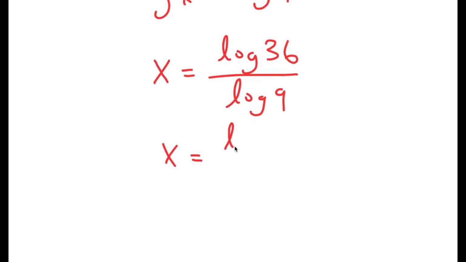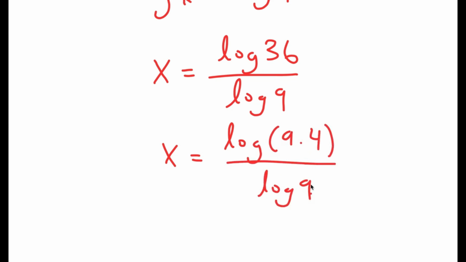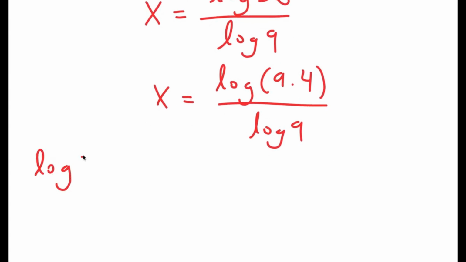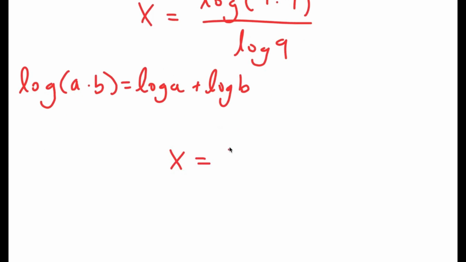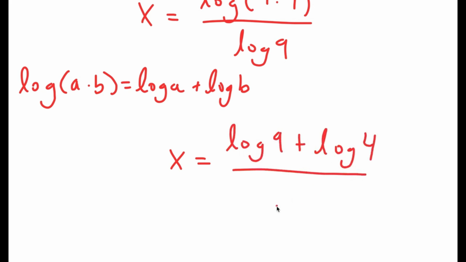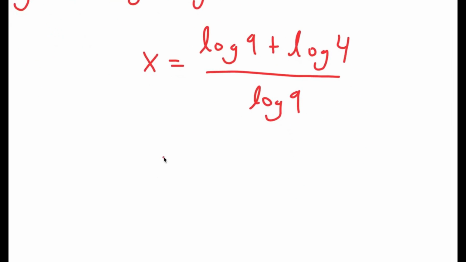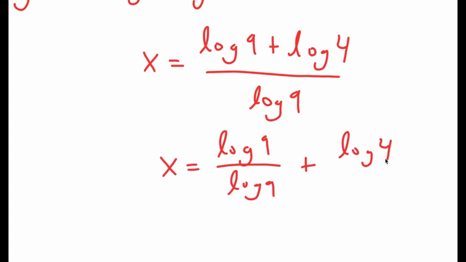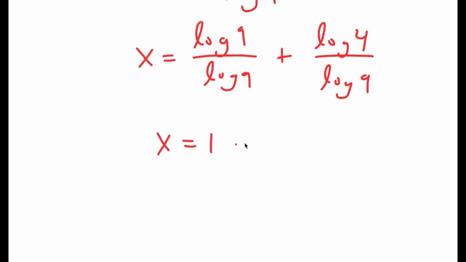Now, I'm going to rewrite log 36 as log of 9 times 4. So I did this because I can use the property log of a times b is equal to log a plus log b. In this case, this turns into log 9 plus log 4, and I have this over log 9. So now this is equal to log 9 over log 9 plus log 4 over log 9, which is equal to 1 plus